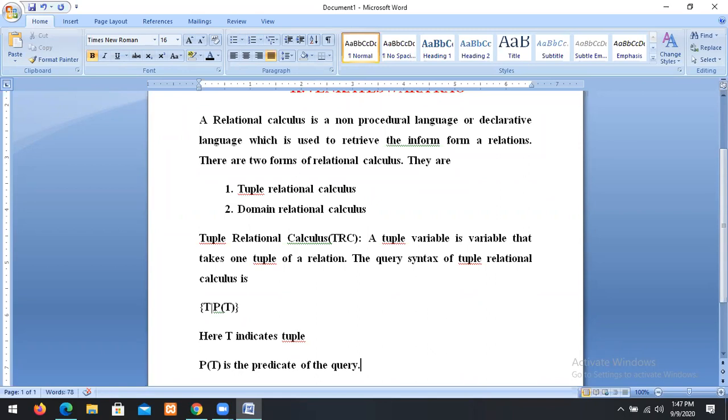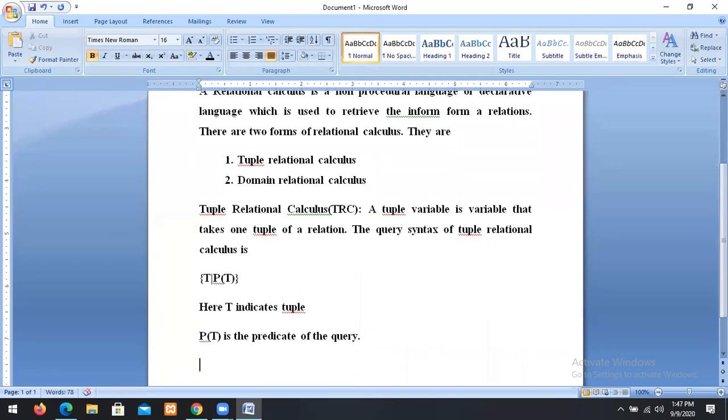That we call the predicate. So this is the syntax of tuple relational calculus. Each time, it will take one record from the table and display the value.